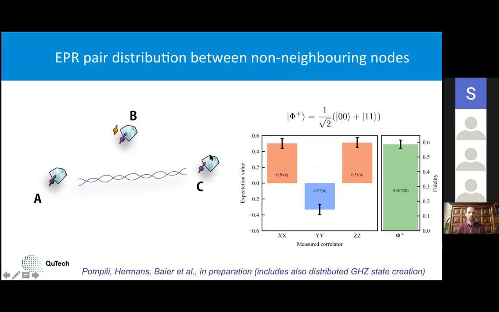We also did another experiment where we made a GHZ state, and we showed that we have genuine multipartite entanglement across the 3 nodes. And that will also be in the work that we're currently writing up. So that's very new, very exciting, because now we are in a position to actually start to use multiple nodes in different types of experiments. Of course, we can still work on the fidelities, etc. But the architecture is there, and the control is also there. And I think that bodes well for the next years.